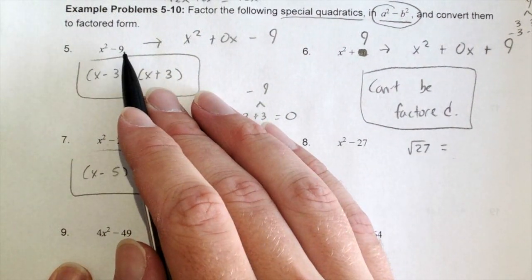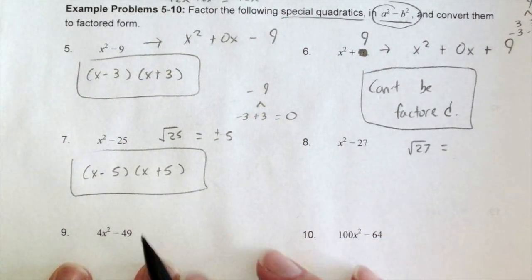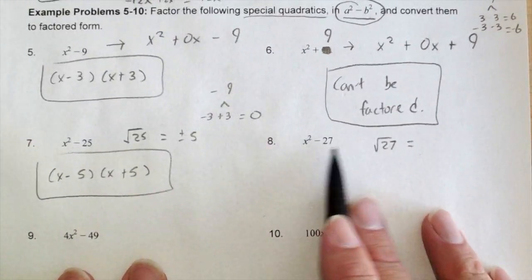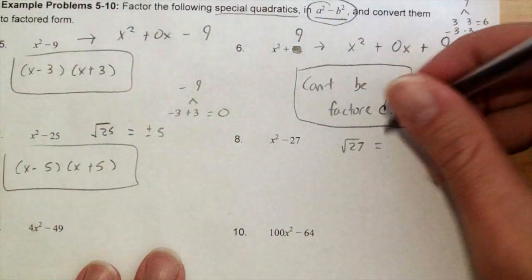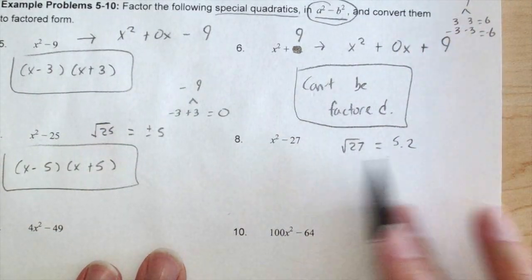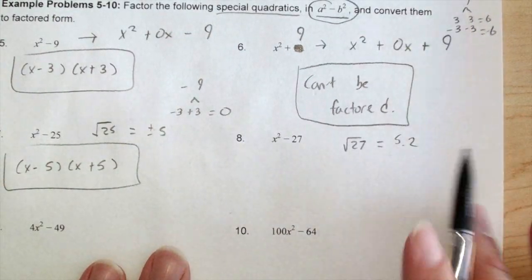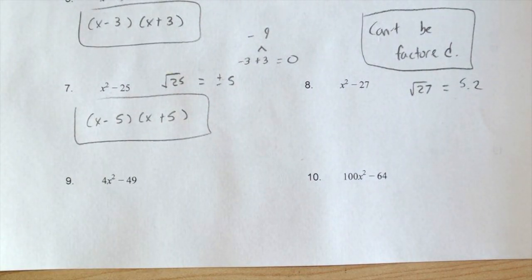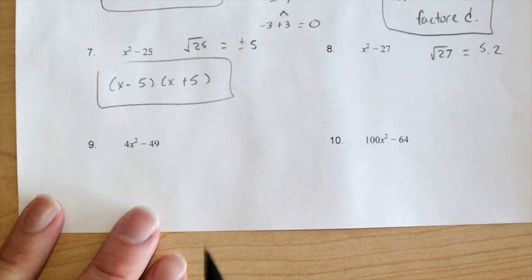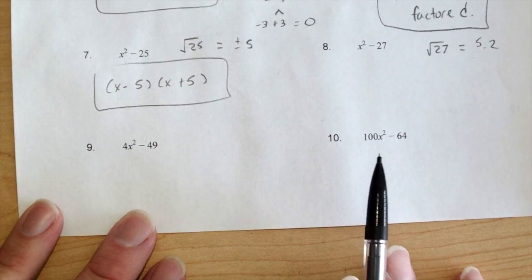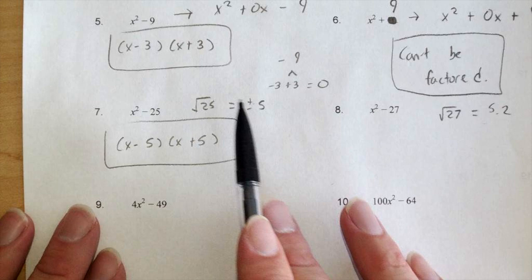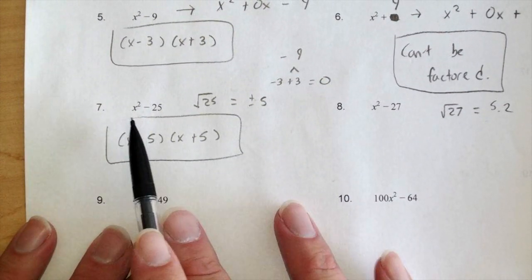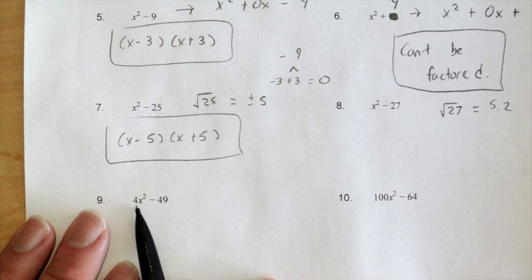So you have to be used to seeing stuff like 9, 25, 49. But if you see a number that can't have a square root, like the square root of this is like 5.2 or something, you could do it, but I'm not going to make that a test question or anything. Okay, so I think this was a pretty hard lesson, but we do have 2 more to go over, which are both easy, and we've skipped, and this looks like this, except it has a leading number, the 4,